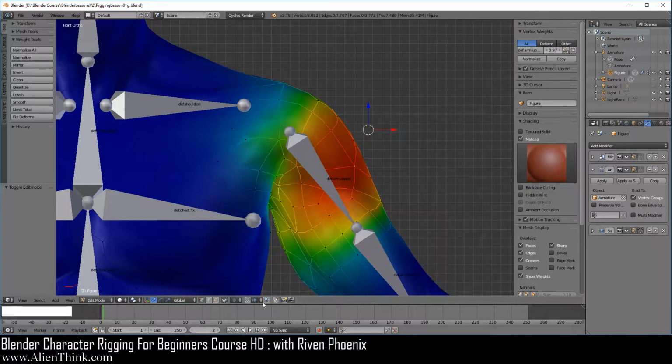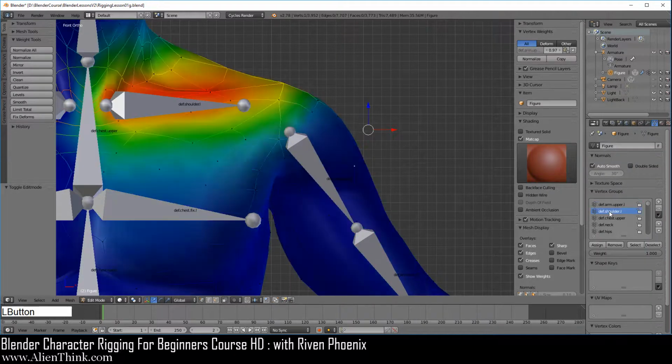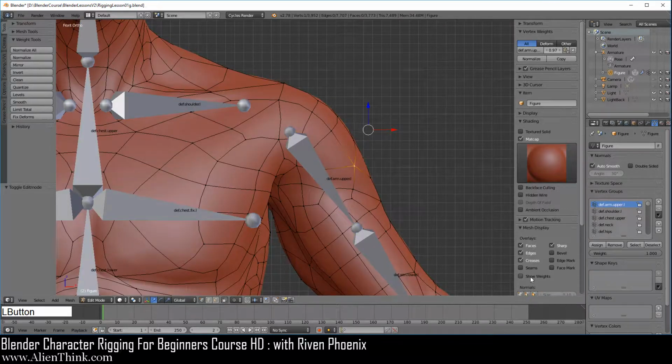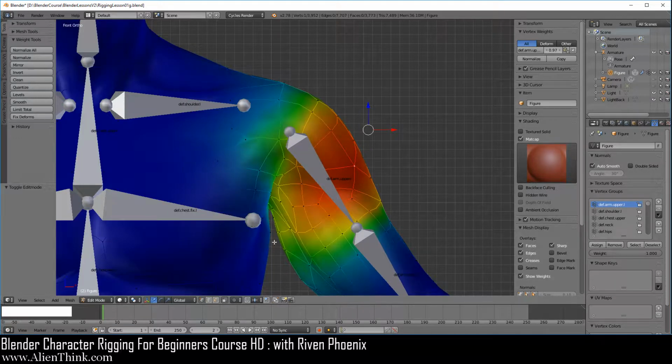Now, if we want to select a vertex group, we have to go to the Data tab and we can simply switch between any vertex group that we want. And of course, in edit mode, we are using this feature, show weights, right? So this is not on by default. Only when we click it, we can start to see the colors over here. Now the second thing is, in order to change the values for these vertex groups on an individual vertex, we simply have to right click it and go into this panel and change the numbers over here.